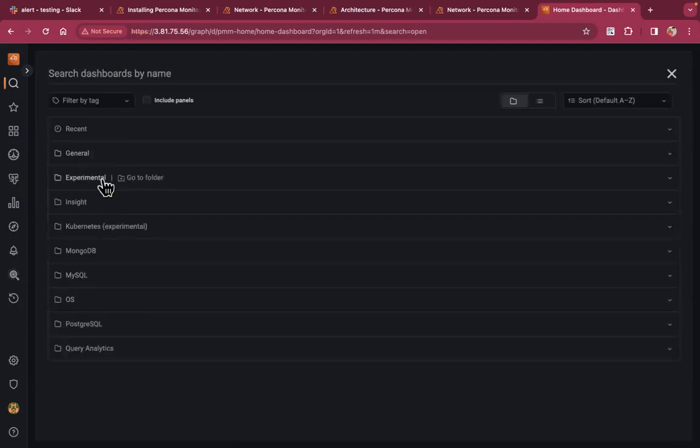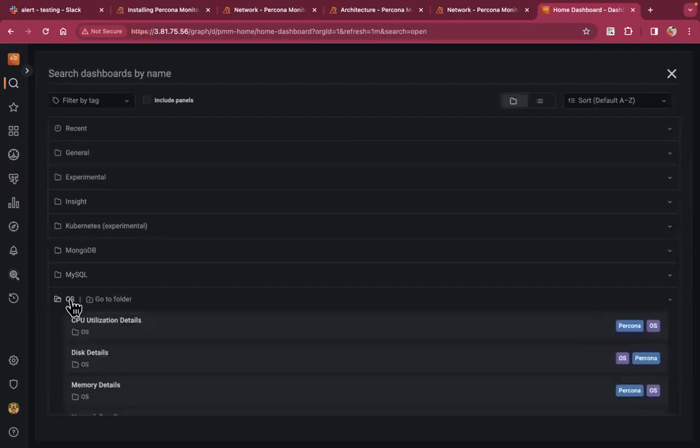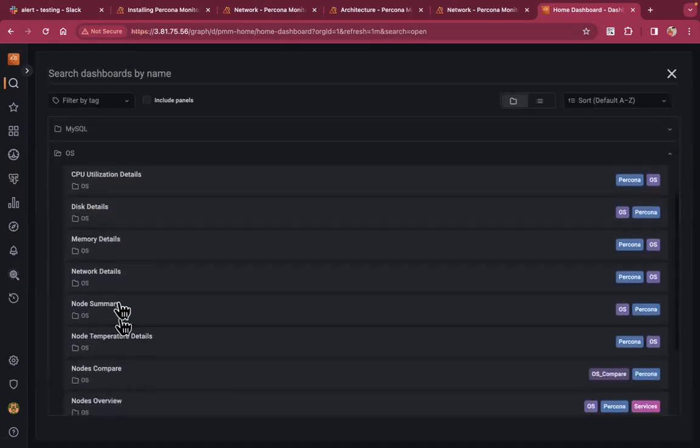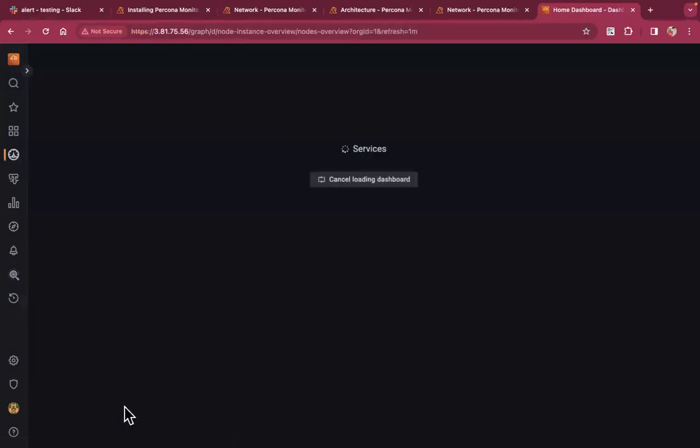For example, general, experimental, insight, Kubernetes, MongoDB, MySQL, OS, Postgres, Query Analytics. Now let me choose the OS related metrics. You can choose anything here. I'm just checking the node overview graph,